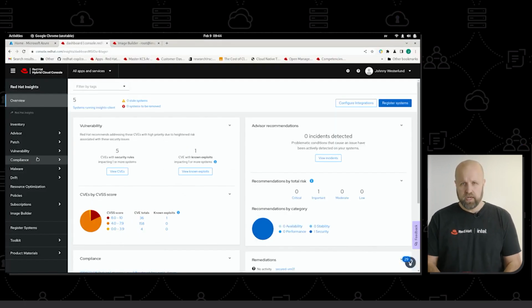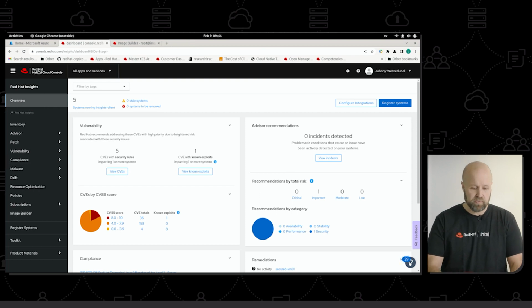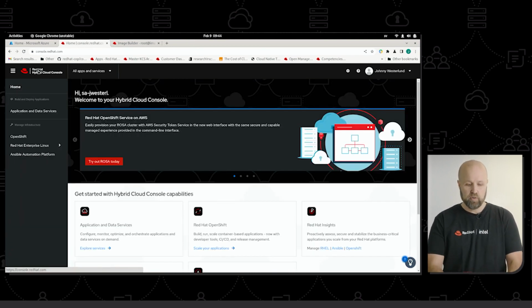So what I've done here is that I've logged into console.redhat.com, and I'm then going into the Insights for Red Hat Enterprise Linux. So let's just show you how that looks. So this is the greeting screen at console.redhat.com, and to the left, under Red Hat Enterprise Linux, you can access